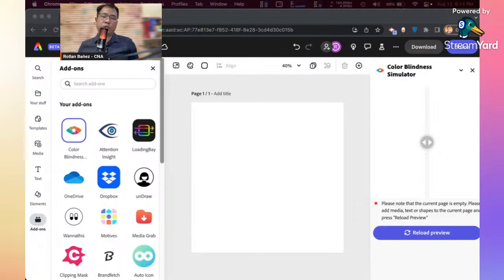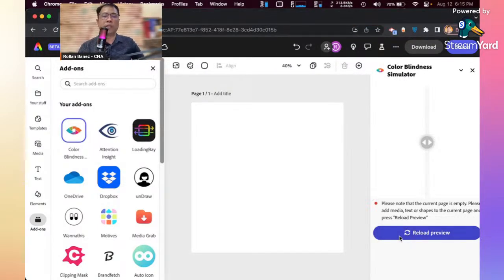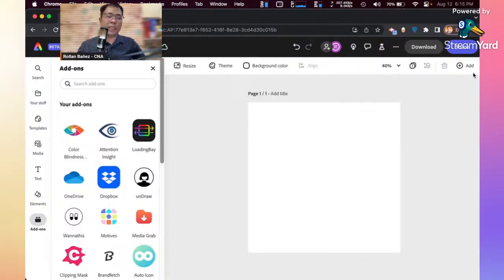And this new Express version is like years ahead versus the recent public version of Adobe Express. The beta version is so much more advanced because it has generative AI, text to image, text effects, real time collaboration, and a lot of things like video editing. Mas madali na pong gawin dito sa loob ng new Adobe Express.